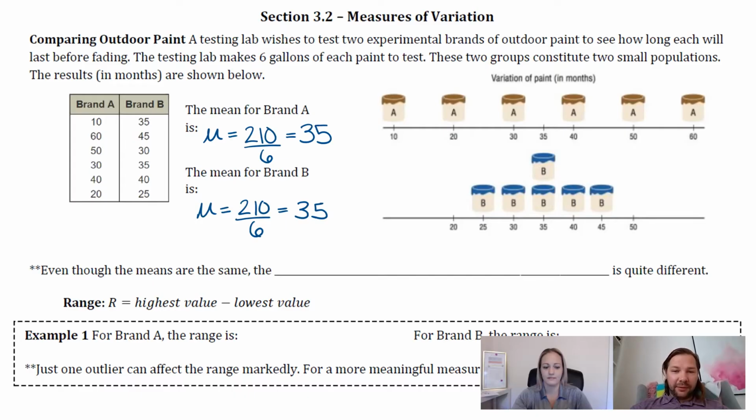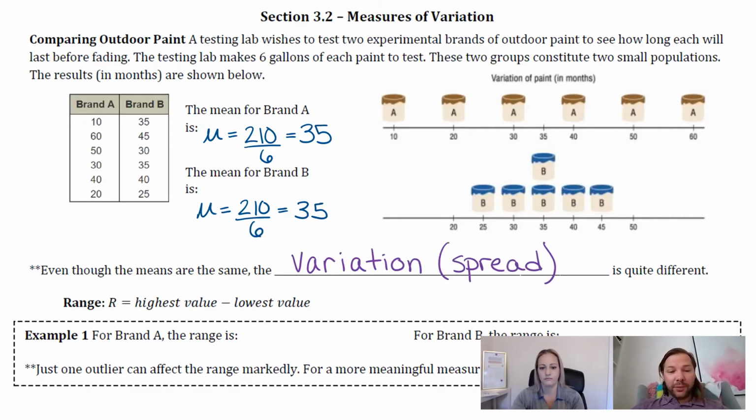But if you look at how we've plotted these values over here, you can see that one's way more spread out than the other. And that's really what variation is calculating: the spread of your data. There are different ways to calculate that spread, but one way is going to be calculating the variation, which we'll define here in a minute. So again, variation: you should be thinking of how spread out your data is. Even though these two different tables have exactly the same mean, one is way more spread out than the other. So one way that we can calculate the spread is,